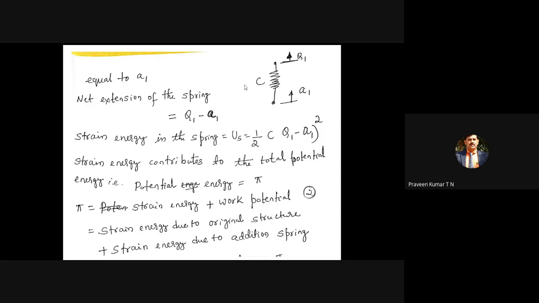Because of the stiffness C, if C is a very, very high value, infinite, then the fan will not move. That one fixed end of the fan will not move. When the fixed end of the fan is not moving, then a1